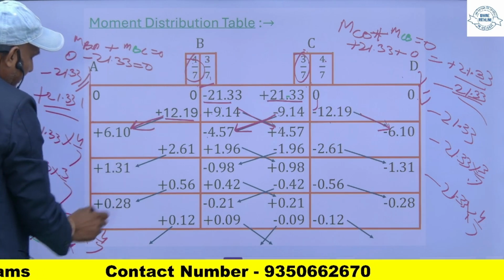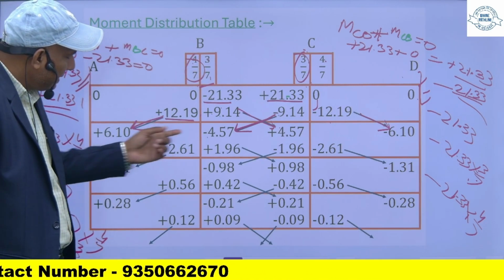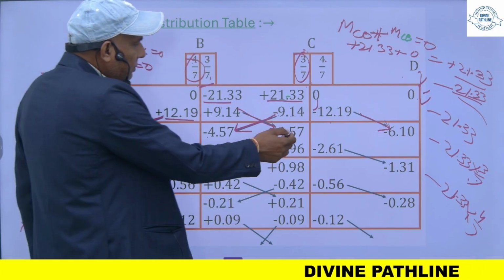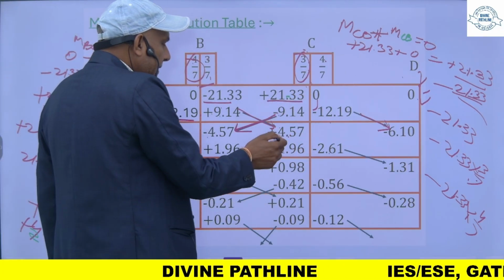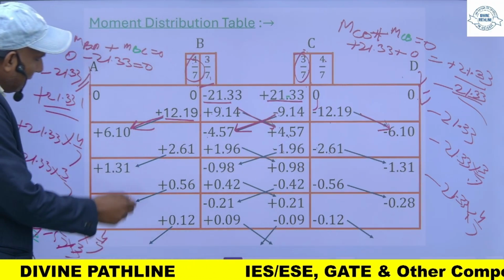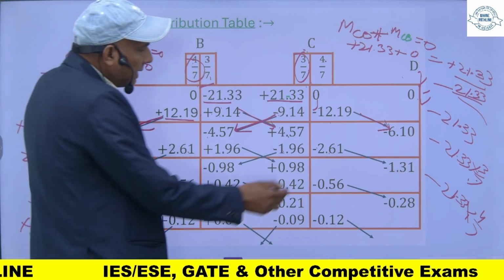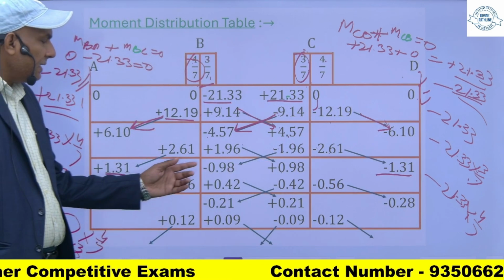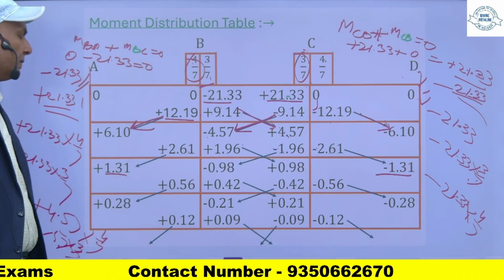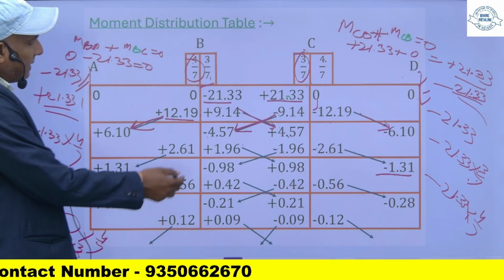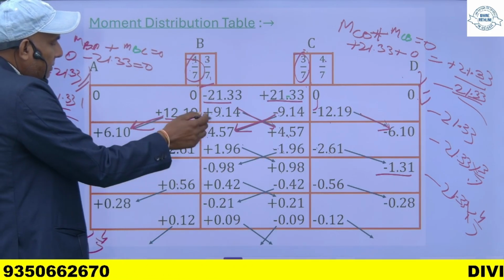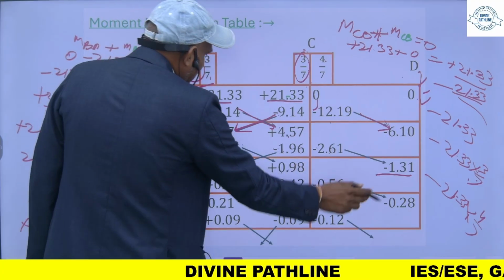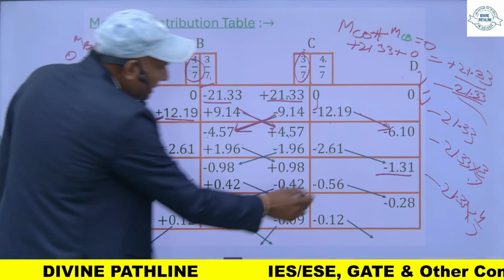मल्टीप्लाइड करूँगा 3/7 से। तो जब मैं इसको प्लस लगाएंगे तो +2.61 यहाँ आएगा और +1.96 यहाँ आएगा। सिमिलरली इसको जब मैं इससे मल्टीप्लाइड करूँगा तो ये आएगा, क्योंकि करेक्टिंग मोमेंट है तो ये डिफरेंट साइन से आएगा। अब इसका हाफ यहाँ आ जाएगा +3.17, इसका हाफ -1.37, इसका हाफ यहाँ आएगा, इसका हाफ यहाँ आएगा। लाइकवाइज ये -0.98 आएगा। अब मैं +0.98 का करेक्टिंग मोमेंट लगाऊंगा तो कि 0 हो जाए, तो +0.98 जो लगेगा इनटू दिस आई विल गेट दिस वन इनटू दिस वन, तो इसका अपोजिट साइन रहेगा। दिस इनटू दिस आई विल गेट दिस वन, दिस इनटू दिस आई विल गेट दिस वन। सिमिलरली इसका हाफ यहाँ ट्रांसफर हो जाएगा, इसका हाफ यहाँ ट्रांसफर हो जाएगा,